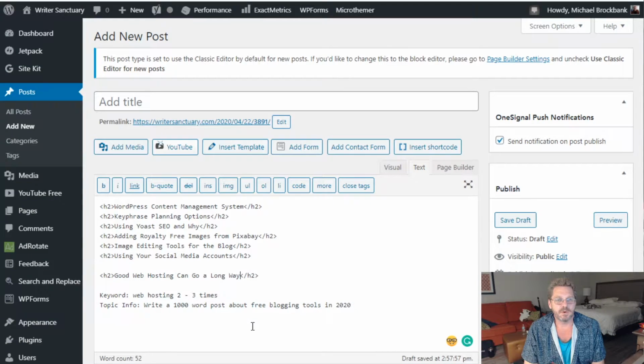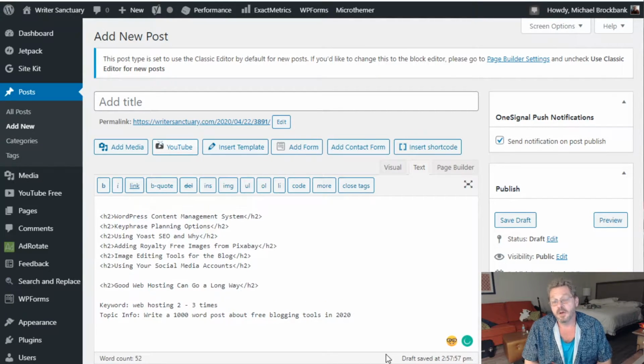but we're just going to keep it at just under 1,000 words. And to start off, before I even start diving into all the other points, I write the intro and the conclusion first. But we also need to make sure that we add in our key phrase, which is web hosting. And as you can see, I've already added it to the final conclusion paragraph. So we need to add it at least one more time, probably 2,